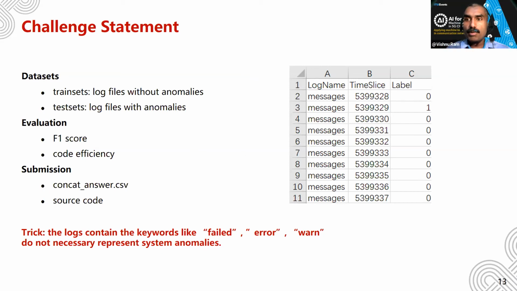So I guess the question is, how do participants map the patterns in the log to the anomaly?